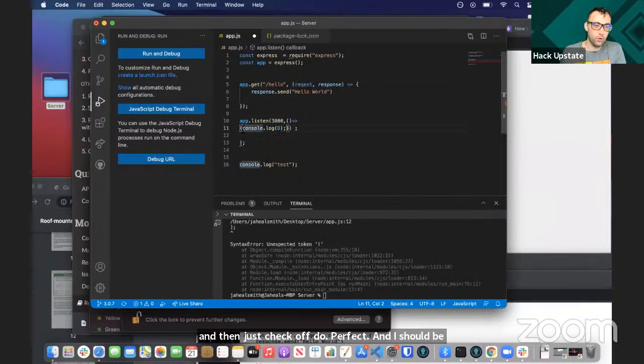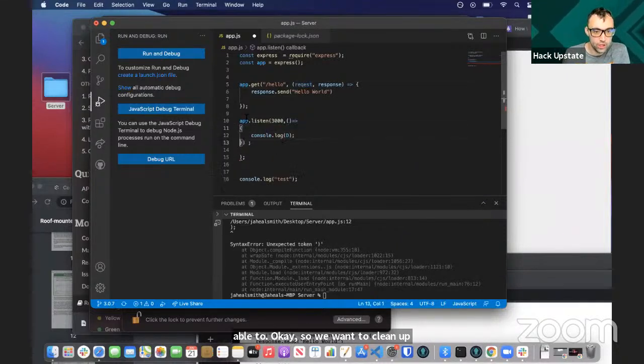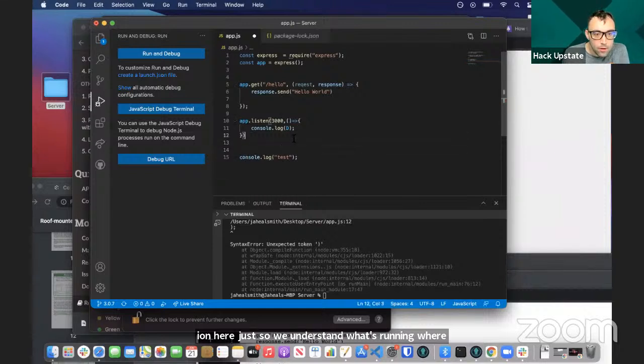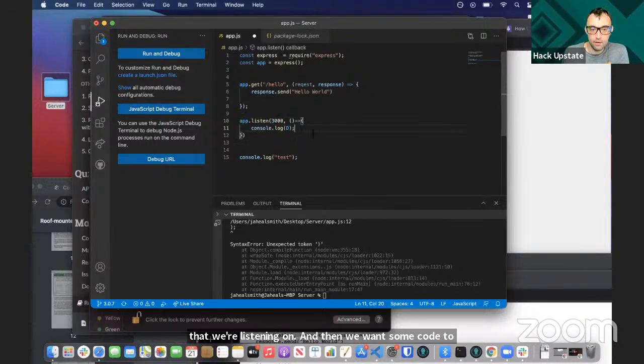Okay, so we want to clean up our indentation here just so we understand what's running where. Now we should be able to see 3000 is our port that we're listening on. Then we want some code to run when the app has started to listen.